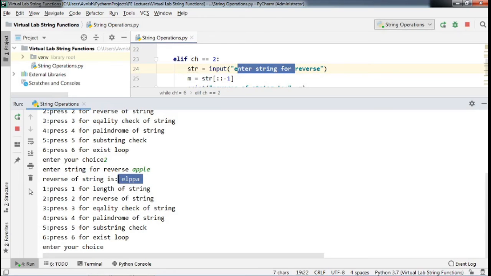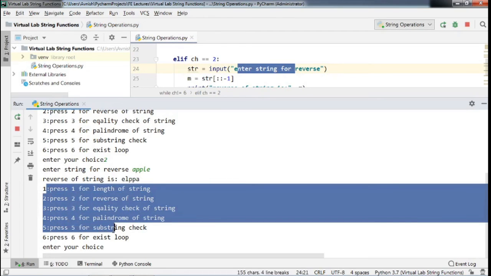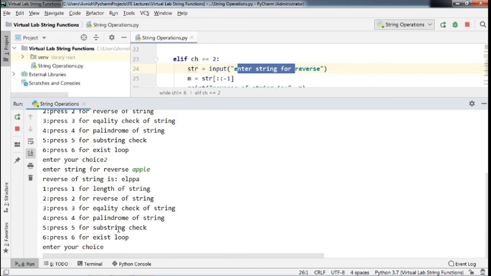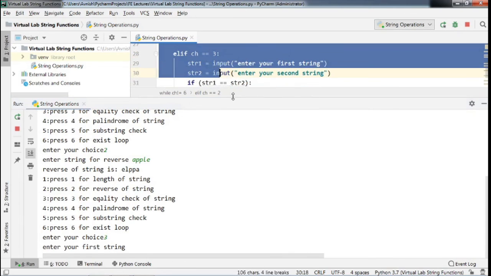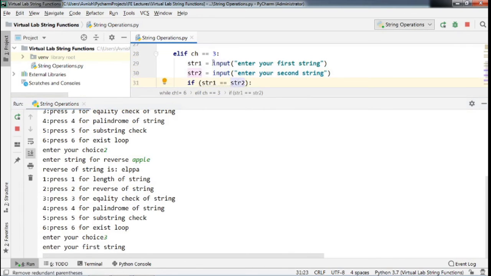And again it asks me to press 1 for length of string, 2 for reverse of string, and so on. Now I will provide the third operation, the equality check of strings. Choice 3 is for equality check.